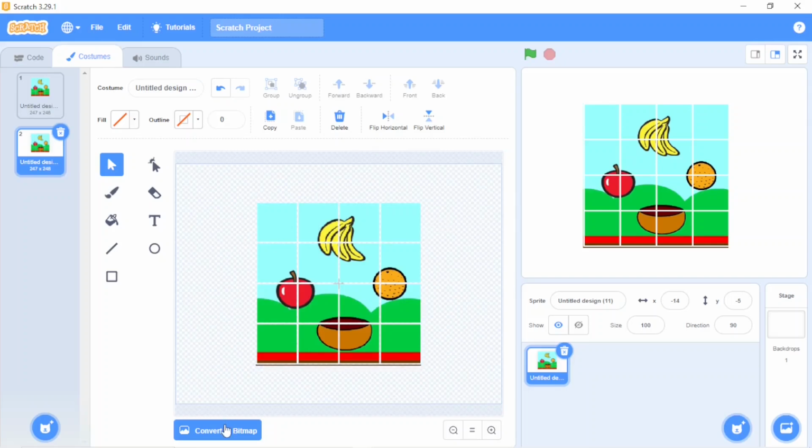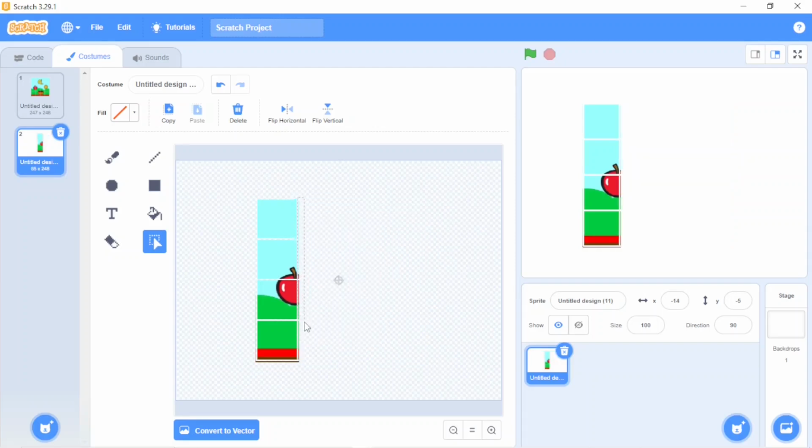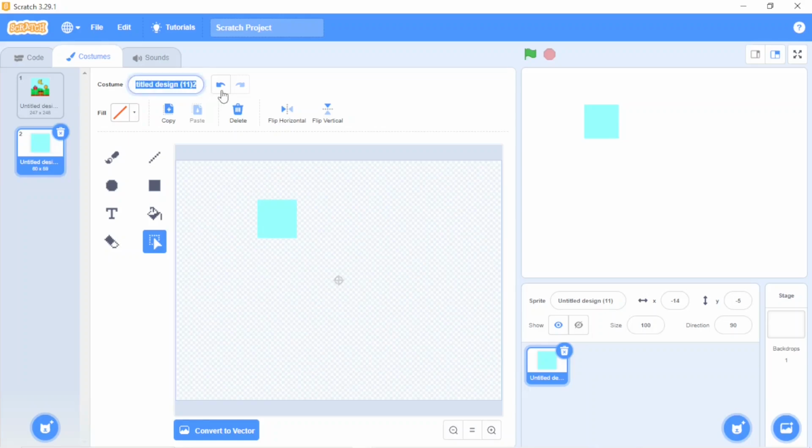Now again convert to bitmap, select this icon, and here I will delete each piece of this picture one by one and select only one piece over here. So I just click on delete, and this line also I will delete. Okay, and this part also I will delete. Now you can see only one part is left, right? So this part I will give the name 1. And in the same way, I will take all the 16 parts in the same position they already have.